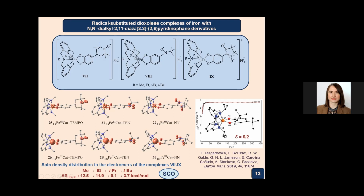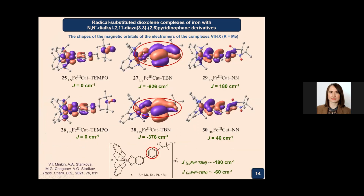3,5-di-tert-butyl-quinone-2-dioxolene. The spin density of a TEMPO radical is located at the nitrogen and oxygen atoms and is separated from the pi system of the quinone ring by the aliphatic bridges. As a consequence, the exchange interactions between the TEMPO substituent and the iron center are absent. In the compounds with the dioxolene comprising tert-butyl hydroxyl, the presence in the magnetic orbital of the contributions of the iron atom, quinone ring, and the radical provides for the formation of an exchange channel and the appearance of strong